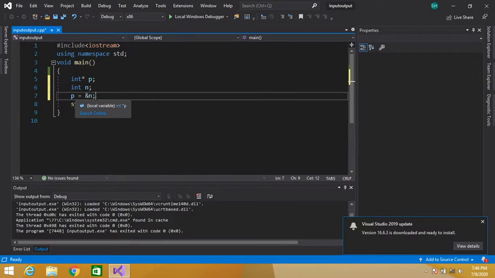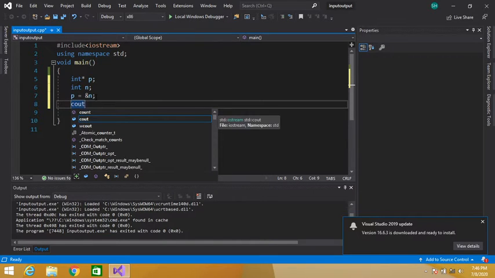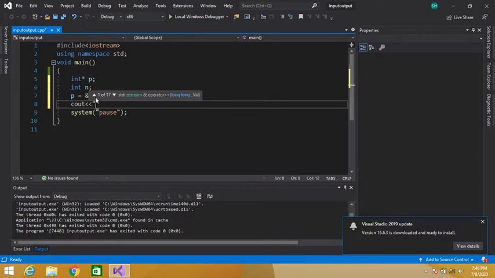Now we can display the address of this variable. cout, address of n is, ptr.